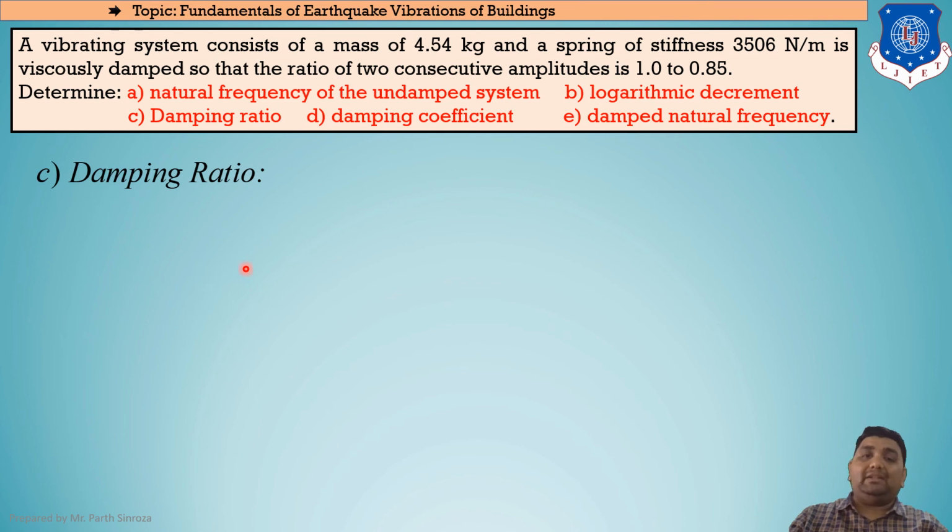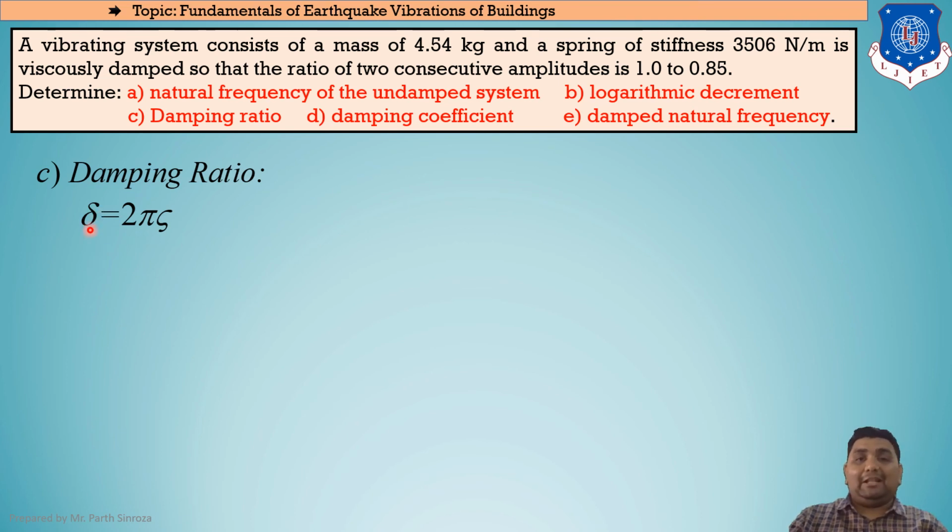The third case is to find the damping ratio, and the damping ratio is the value zeta. Clear? So to find zeta, again there are 2 possibilities. One is in the form of the critical damping coefficient, and the other is in the form that we just derived earlier, that is delta, our logarithmic decrement. In the previous case we have already identified the logarithmic decrement, so we will be using the same in case number 3.